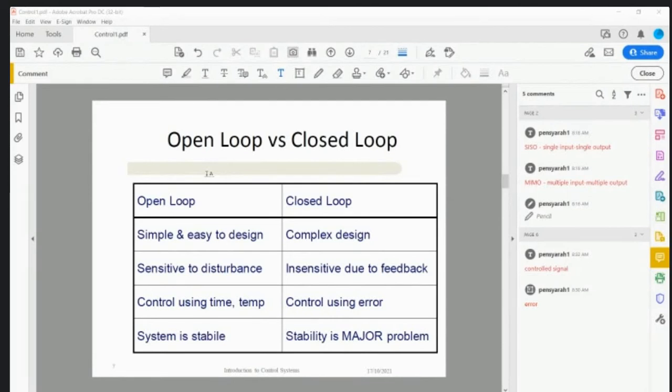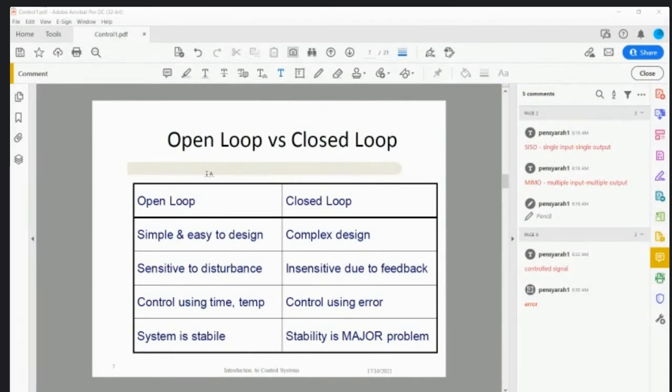While for the closed loop system, the design is more complex. We need more components there. You need to add a controller. You need to add an actuator, and also need to add a sensor. Okay. Second one,